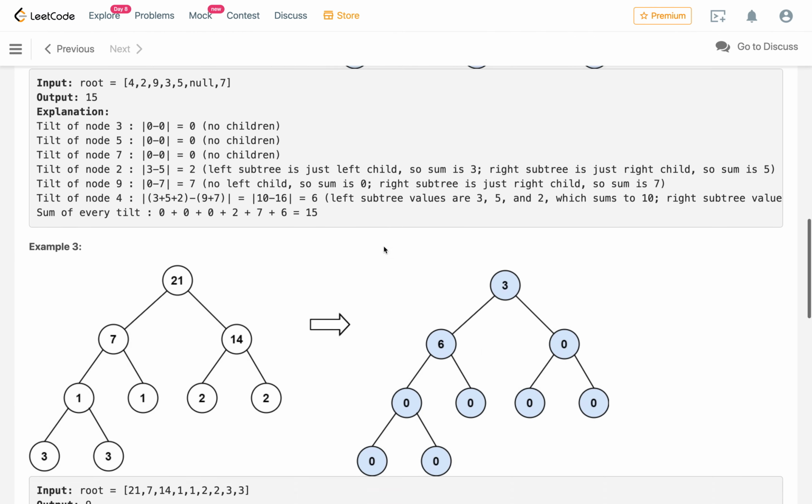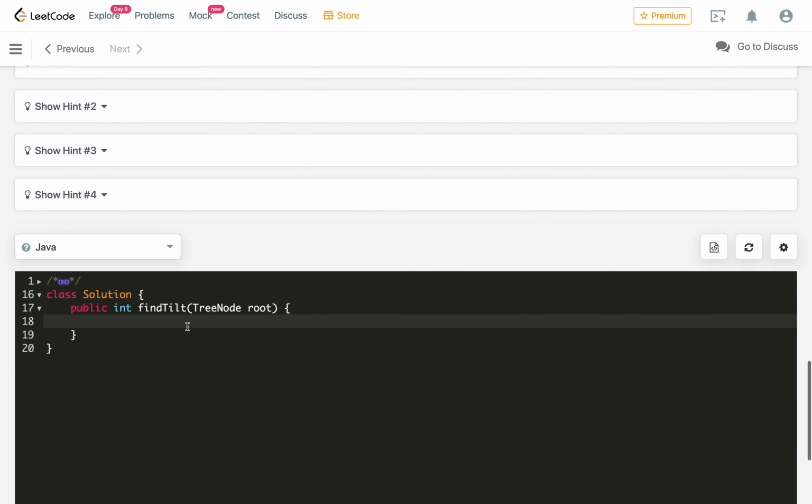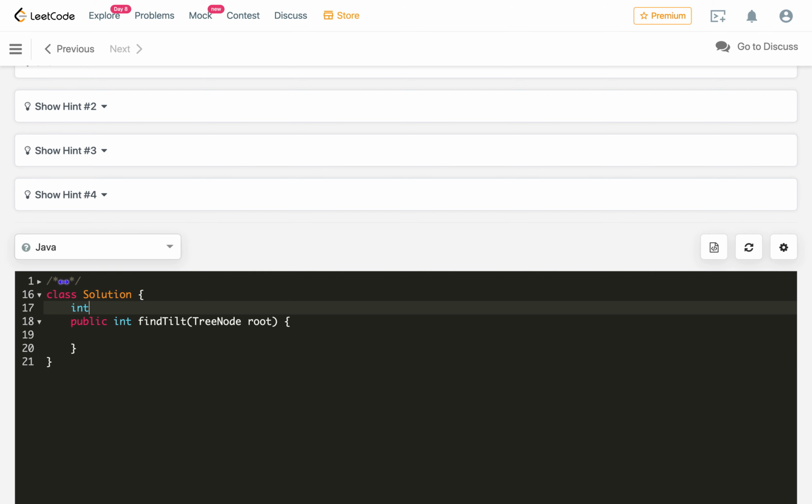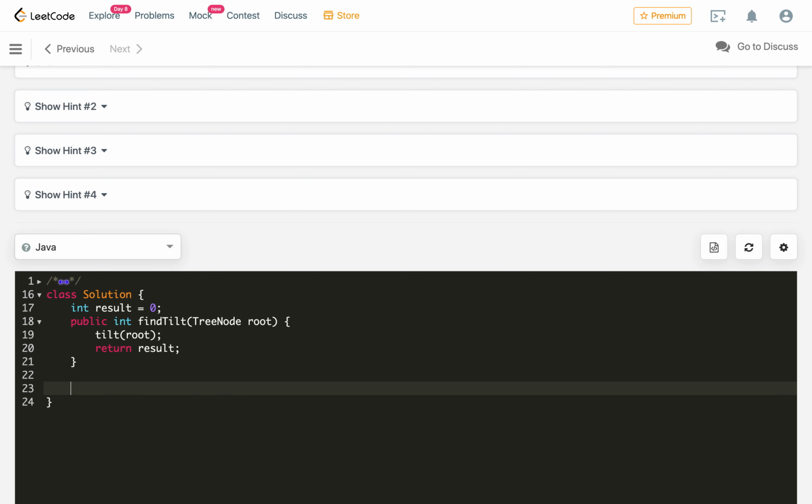So let's implement the code. First of all we need a variable which will count the total tilt. So let's define a global variable int result. Now we will call the helper method tilt for root, and then we will return the result. Once we get into the tilt method, it will return the sum and take the root node.